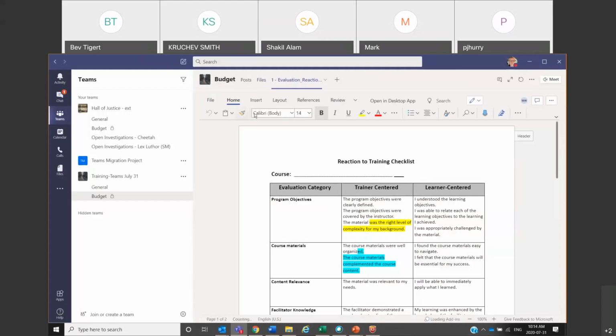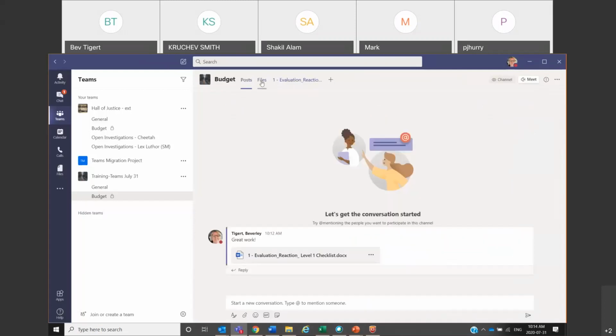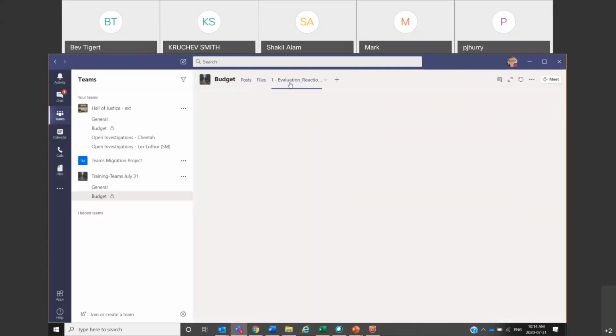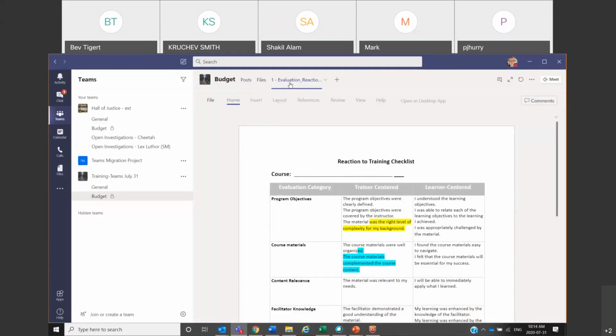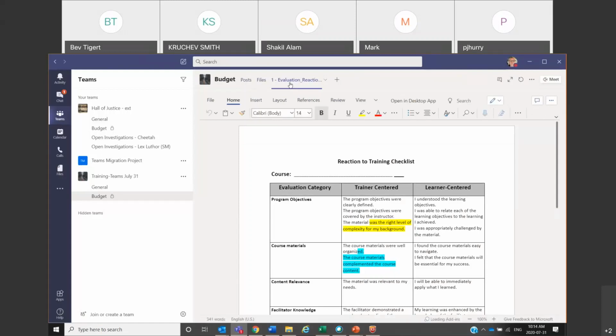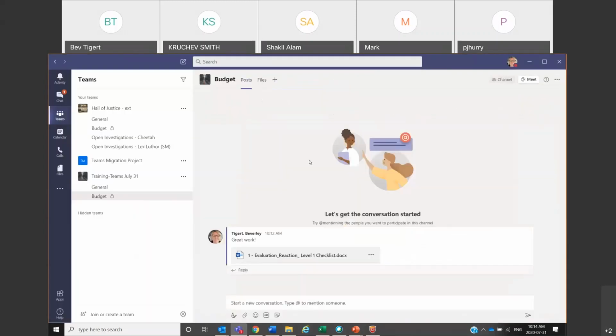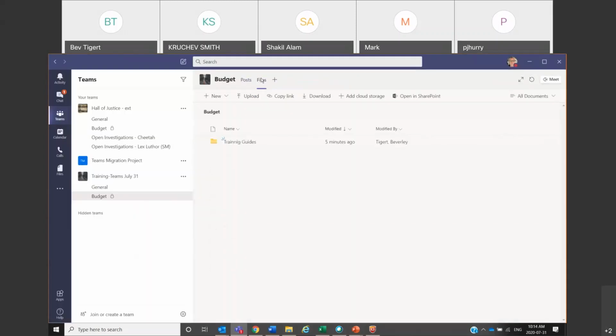So what that means is, when I was opening up the file before, anytime I wanted to go back into Teams, I had to close it down or whatever. Here, I can actually go into my posts, I can go into files, and I can work in this particular file. It's a tab. So if you've got smart sheets that we're working on, that would go up here. If you've got anything that everybody's working on, you can make it a tab. Removing a tab, you just click on the down, you can rename it or remove it. I'm going to remove it. And what that means is it's just back here in your files. There it is, no biggie.